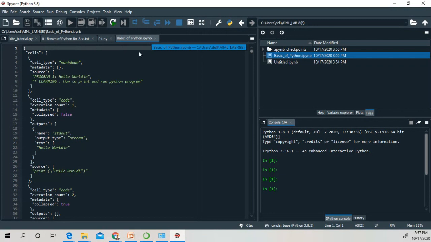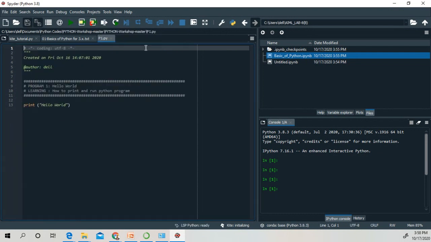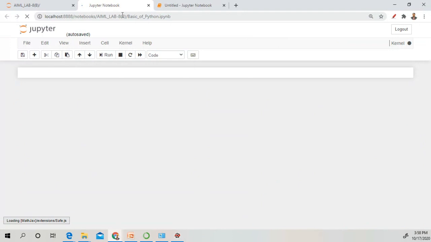This is an ipynb file, so it will not open directly in this environment. We have to download this file and save it with the extension .py, because this is the extension for Python. If you are using a web browser, then you are going to use the ipynb file.